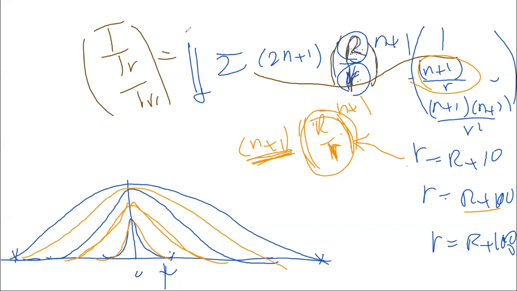But the issue is that here, since you have n plus 1 in front of r over R, this kernel will be sharper than the case where you use only r over R. So it means that killing high frequencies starts at higher degrees. This means that the kernels are sharper. Then you need less data around the computation points. And in the case that you use the second order derivatives,